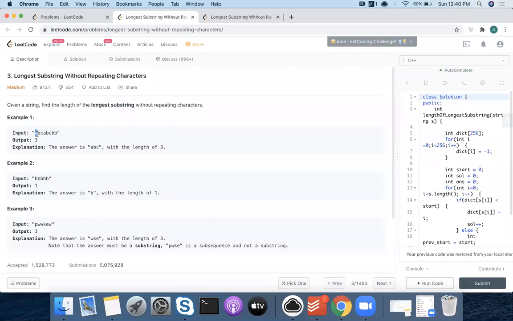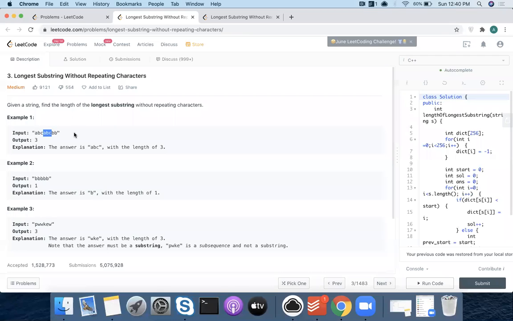But how will you know that? Let's say when you get this A, how do you know that this A has occurred before? I'll look it up in the dictionary. In the map I can see if it contains it when I'm inserting any new character. First, I'll check if it already exists. If it exists, then it means that it's a repeated character. It is repeated only if you started from here. Let's say your window is starting from here, but your dictionary would already have this A. So how will you ignore this A?